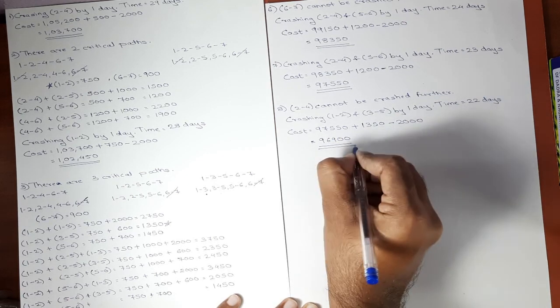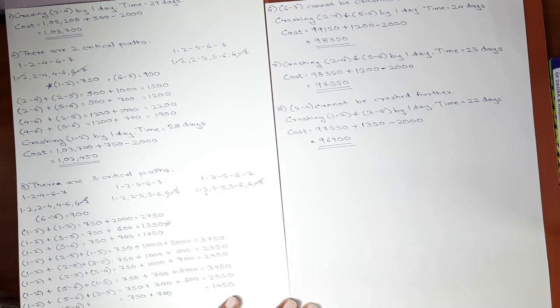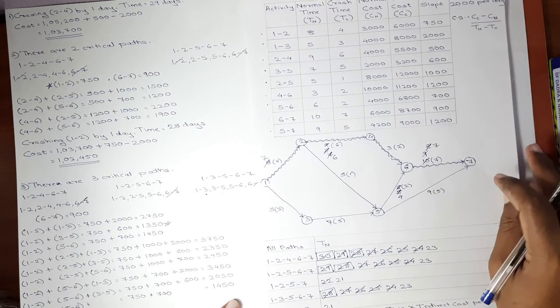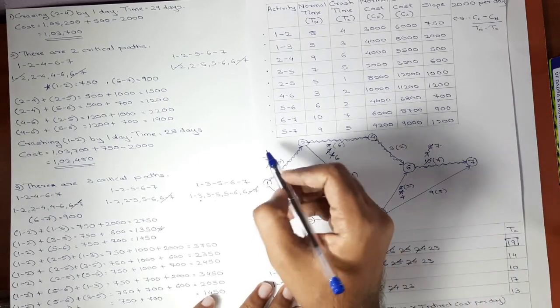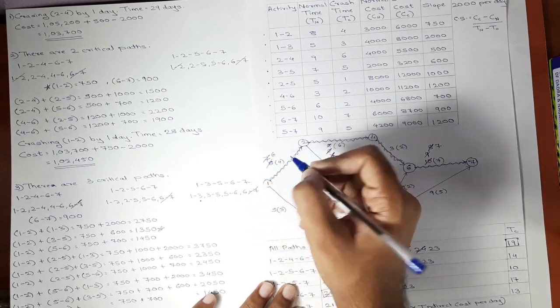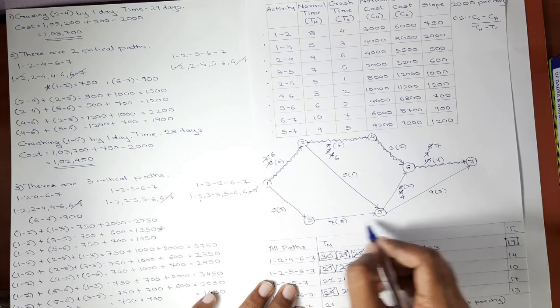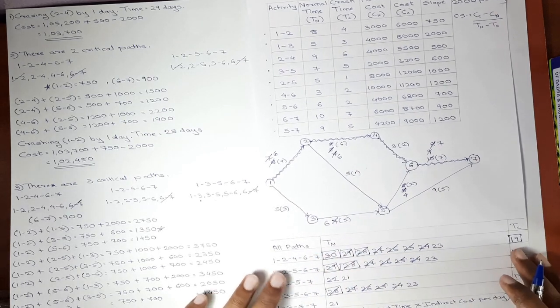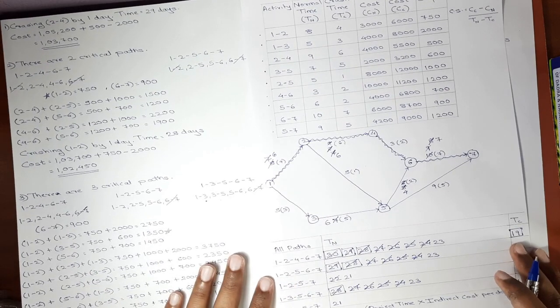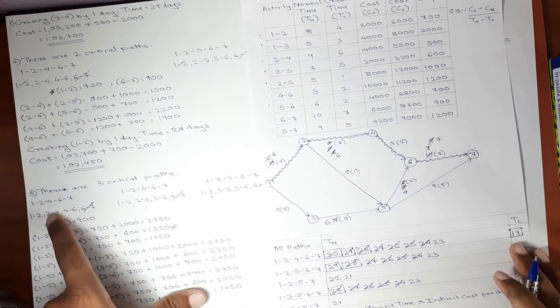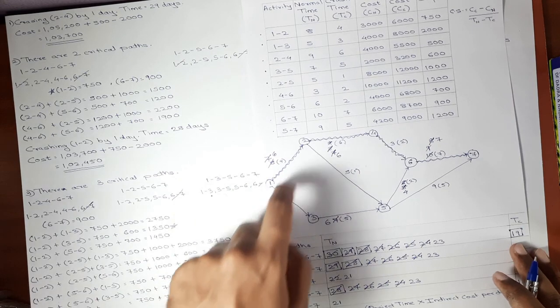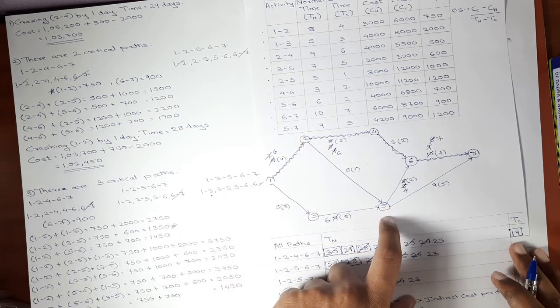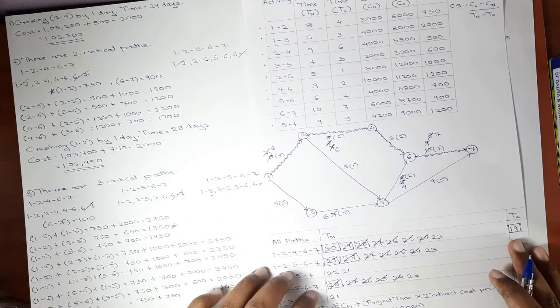Again the cost is reduced. Activity 1 2 and 3 5 was crashed. Okay, we'll update it in the network diagram. For 1 2, here it is 7, now it will become 6, and for 3 5 over here 7 will now become 6. Now again if you see, 6 7 is out of the picture, 2 4 is out of the picture, 1 2 and 3 5 was crashed, no new critical path is introduced.